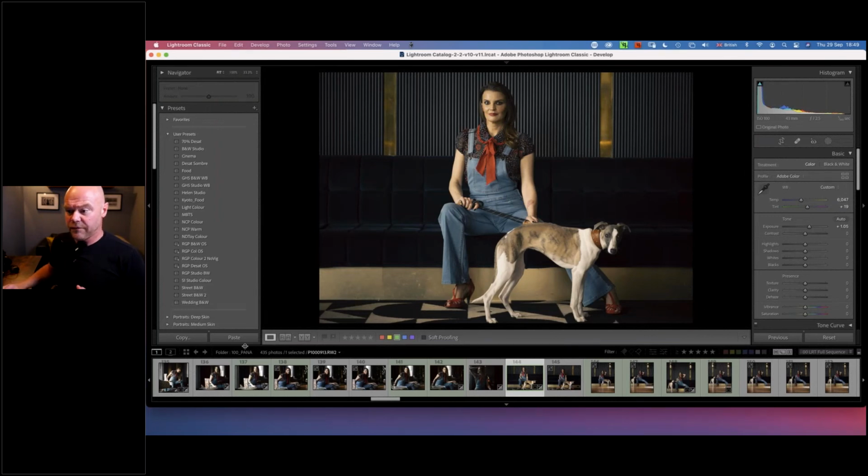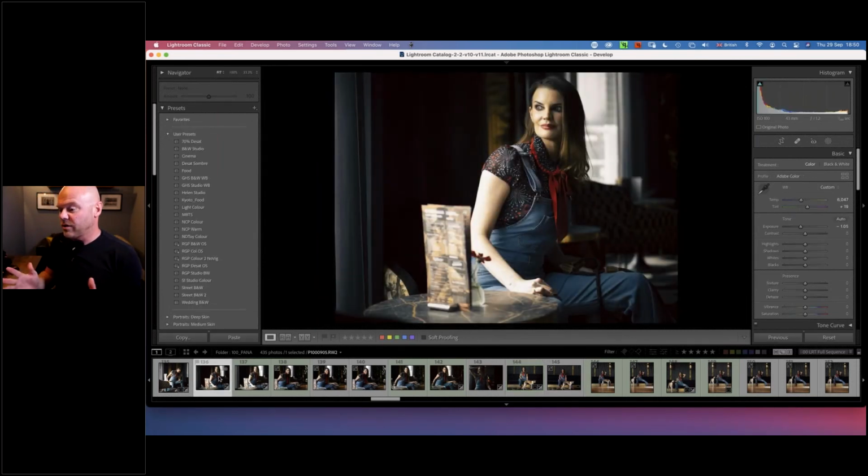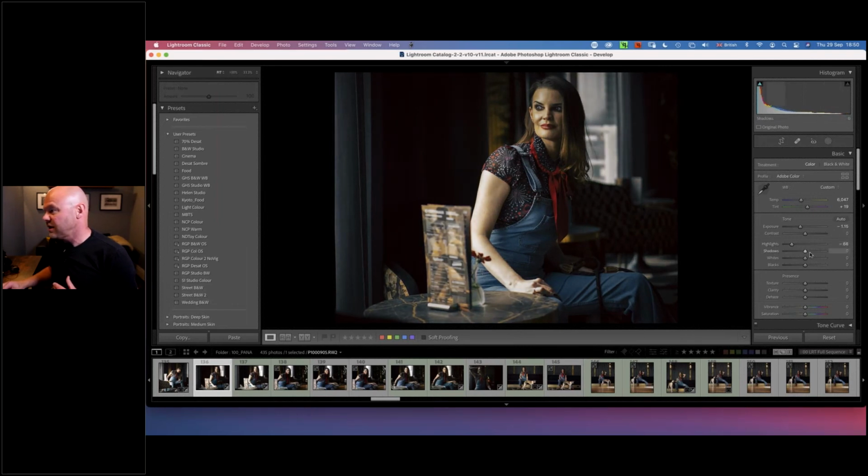So if we look down the left hand side, you'll see all my presets. I create all my presets, and you'll see my new one there, which is called Cinema. So I'm just going to dive into any one of these, which one we may not have seen. Here we go. So I haven't done any work on this at all. There's a little bit of exposure. I've pulled the exposure back, the highlights. So this is what I will look for. And I'm just pulling the highlights back just for the skin tones, shadows,